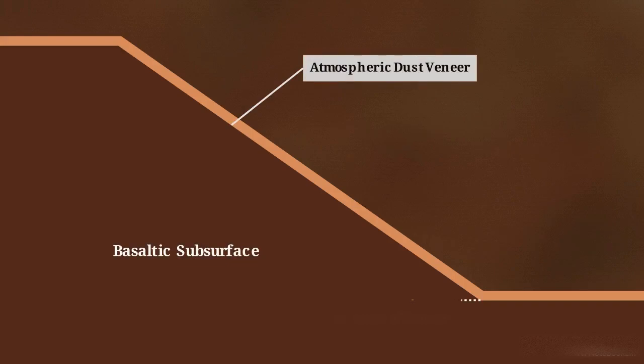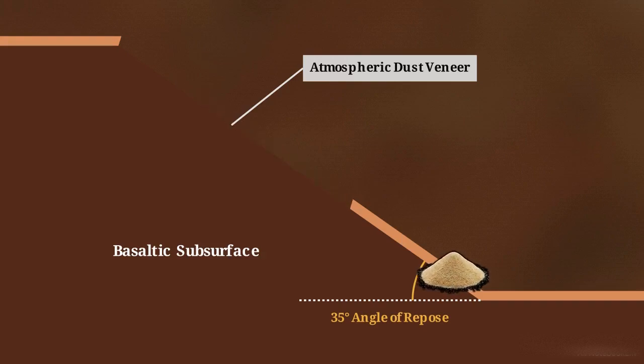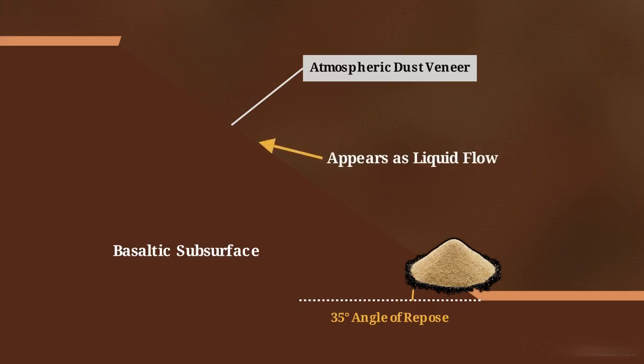This cross-section shows the competing theory: dry granular flow. On these steep inclines, a tiny disturbance, like morning frost turning briefly to vapor, can destabilize a delicate top layer of bright surface dust. As the dust slides downward, it strips away the bright coating to expose the dark sand underneath. This creates an optical illusion that perfectly mimics the dark, creeping stain of a liquid flow without a single